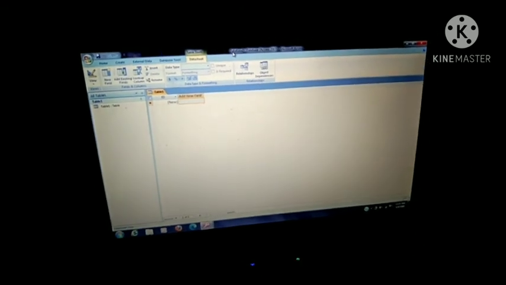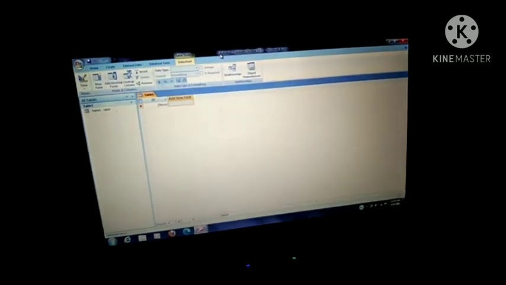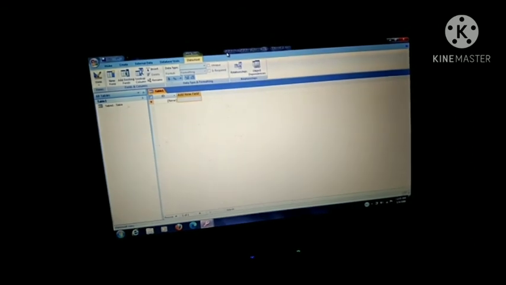Next, in your database the tables are here. At the topmost you will see the title bar. It will show the title that you are working in the database, and the name of the file is database2. After this, on the left hand side, this one is your quick access toolbar. Then on the downside you have the ribbon containing tabs, and these tabs contain groups.